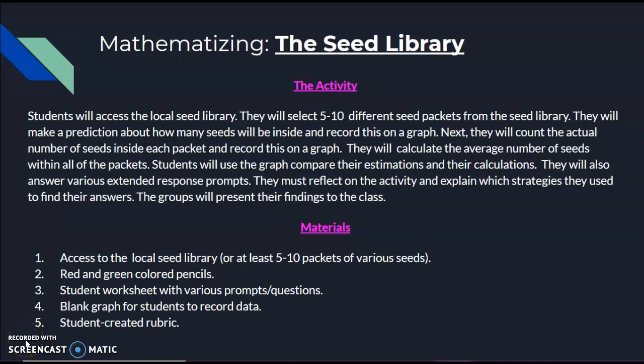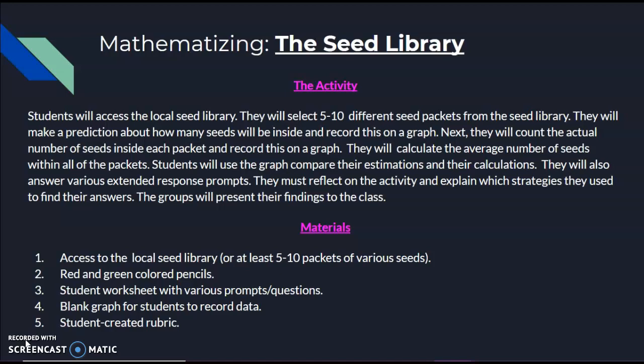The activity. So to begin, students would access the local seed library. In this case, they could go to the South Broadway Community Center. And in their groups, the students would select 5 to 10 different seed packets. They would start by making a prediction or an estimation about how many seeds will be inside and record this